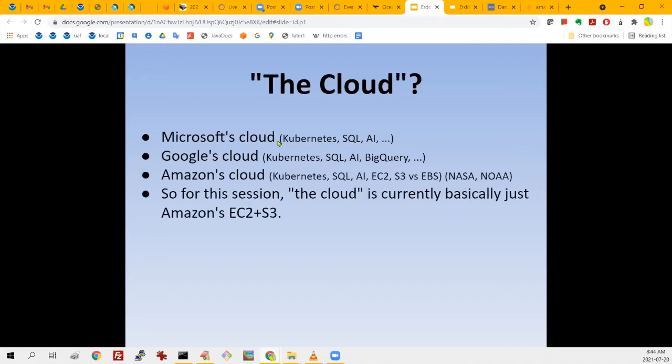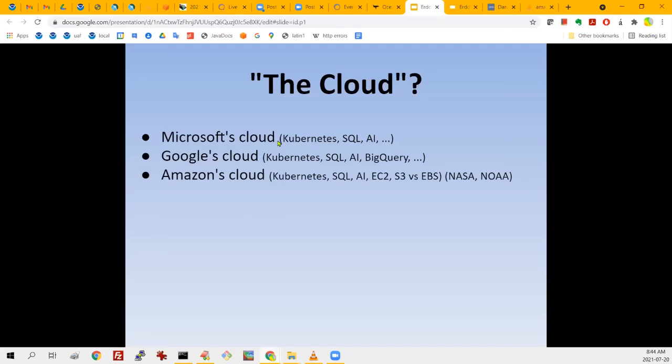And Amazon's cloud adds Kubernetes, SQL, AI of its own type, EC2, which we'll talk about in a minute, and different storage systems. But it is Amazon's cloud that NASA and NOAA are primarily using. There are some uses of Google's cloud and Microsoft's cloud, but for the most part,